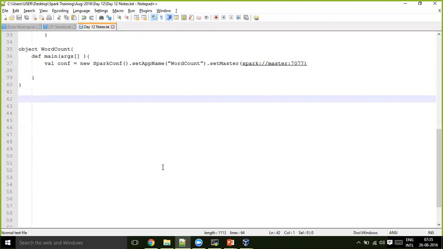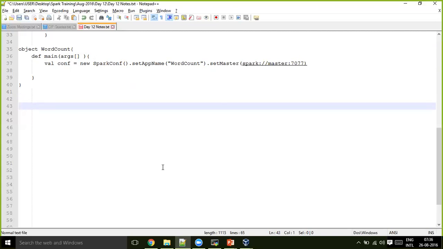I don't need to repeat it again and again. TCP port numbers are to interact with that service programmatically, and web UI port numbers are only for accessing those services through web browsers.